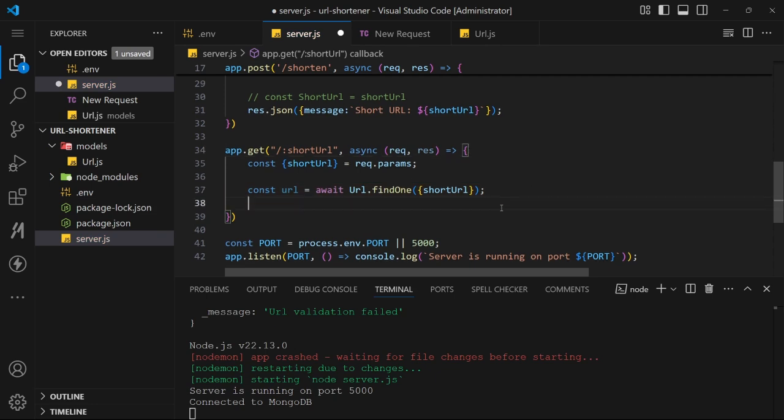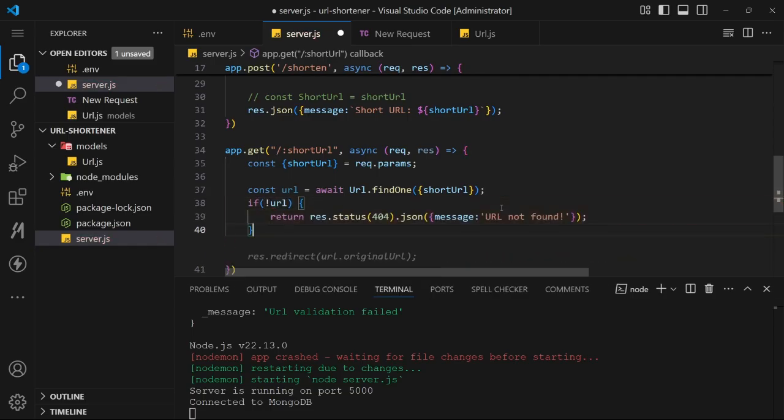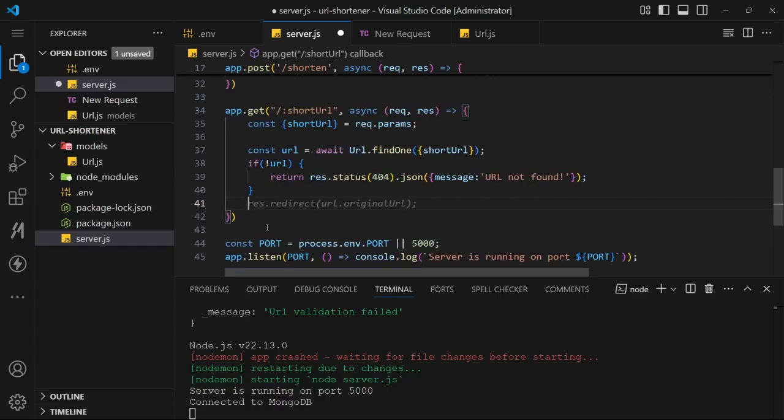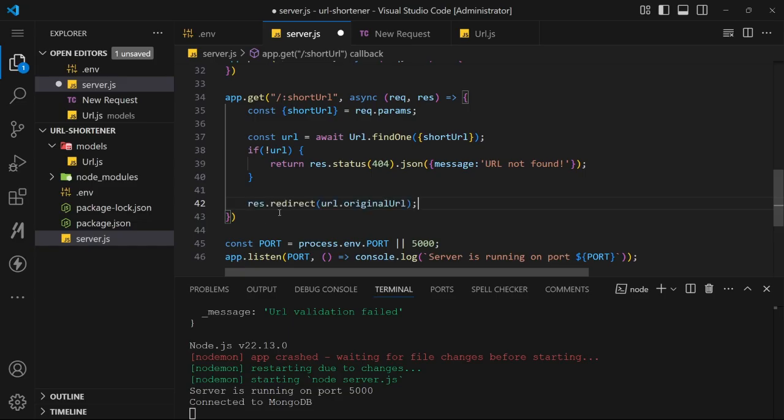Now, if we didn't find the URL, we are gonna give the 404 error, that is URL not found error. And if we find it, we are gonna redirect it to the original URL. That's it. It's a simple thing. Now, if I save it,